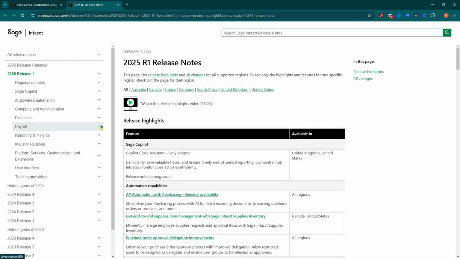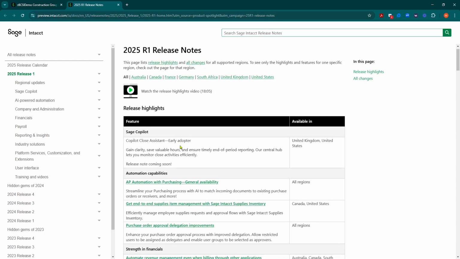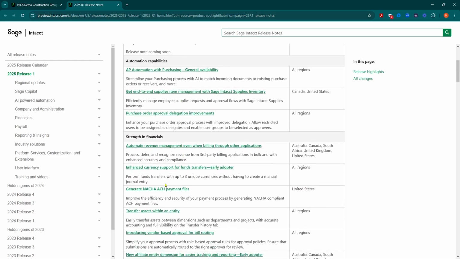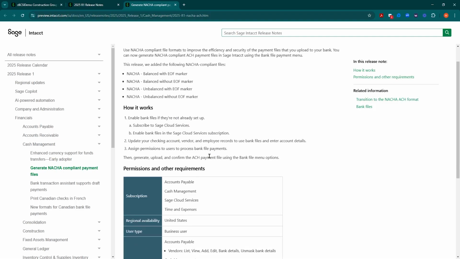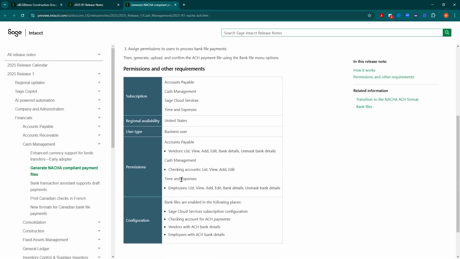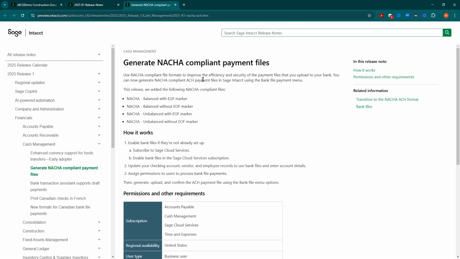Now this will show you all the highlights for 2025 R1. So feel free to explore this as well or watch our full video on our releases. But if I scroll down here, you're going to see a generate Nacha ACH payment files. And I recommend clicking on that. And the reason so is, number one, it's going to tell you kind of the files, what we're explaining now. It's also going to tell you what needs to be turned on and enabled inside Intacct and what permissions and roles are needed. But the most helpful link is over here, and it's this related information, this transition to Nacha